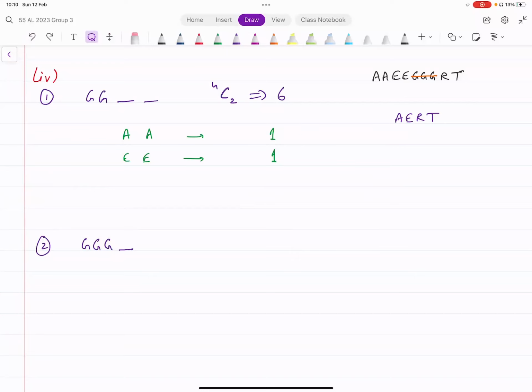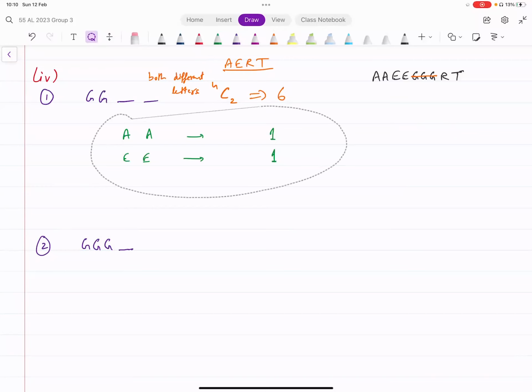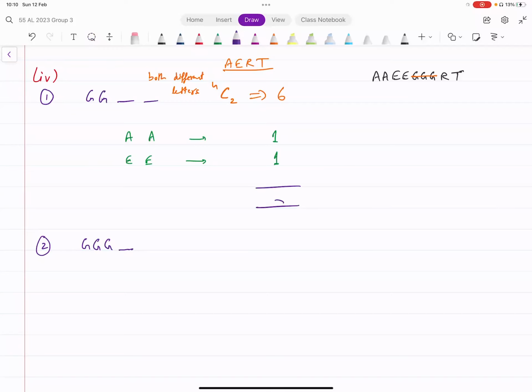These 6 are coming from this possibility that the 2 letters which are selected, they're both different. ठीक है? एक possibility ये है कि both different letters. This is one possibility. That gives you 6. But then there's also a possibility that you have 2 A's or 2 E's. केस ये दोनों हो गए. तो टोटल कितने केसेस बन गए आपके पास यहाँ पे? The total turns out to be 8 for this